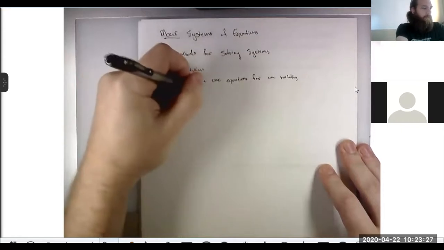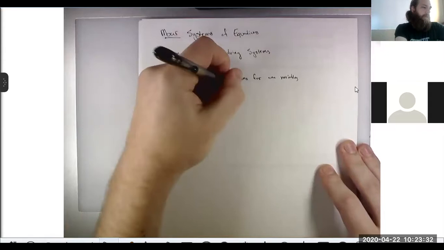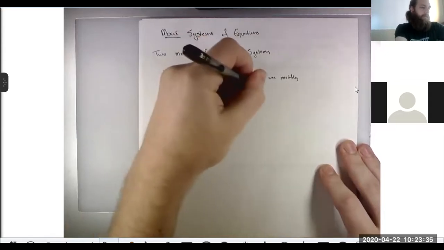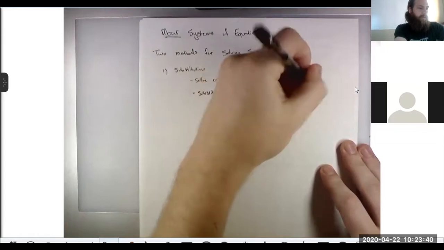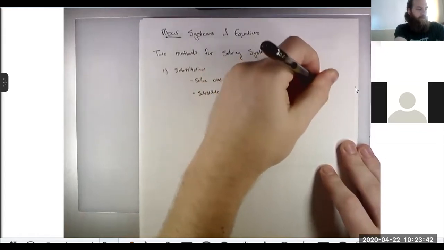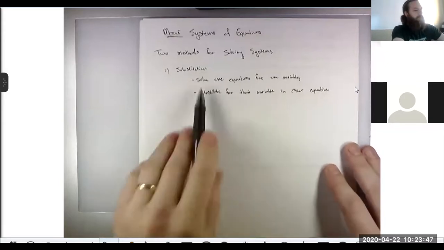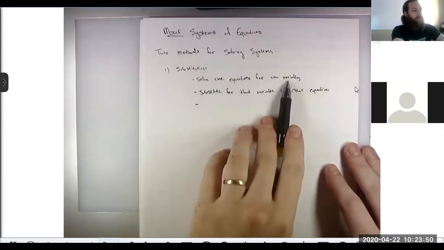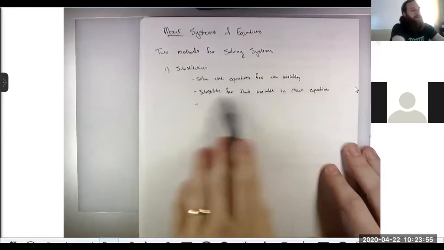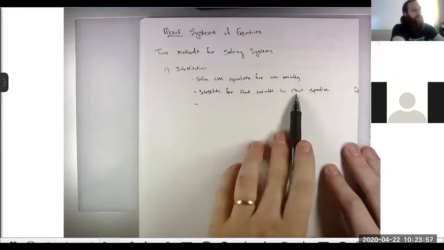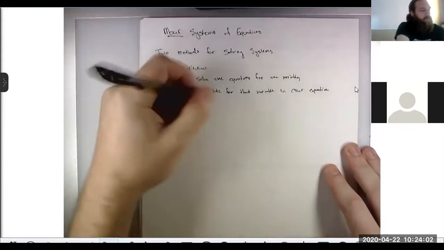Then you substitute for that variable in the other equation, which will make that other equation have now just the one variable. For example, if you solve the first equation for y, you'll get an expression like y equals 5x minus 3 or something. Then you'll go to your second equation and plug 5x minus 3 in for y. So you won't have any y's in the other equation. Now it'll all just be x's, which allows you to then solve